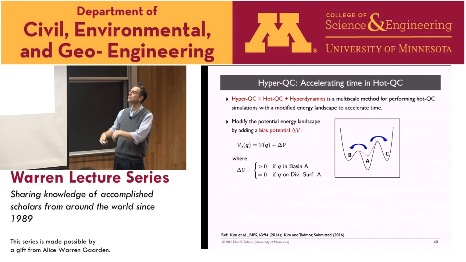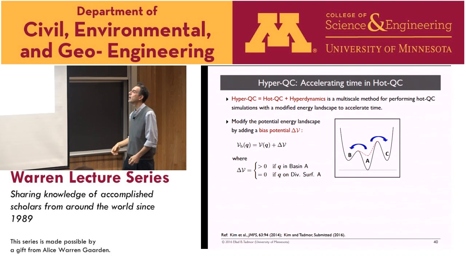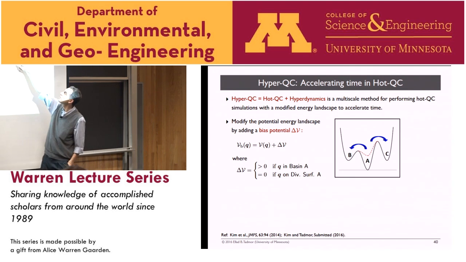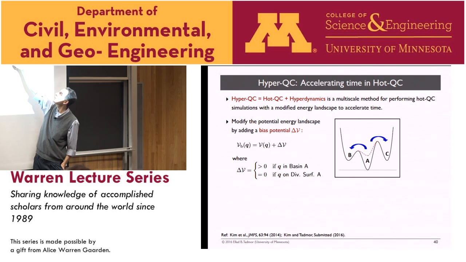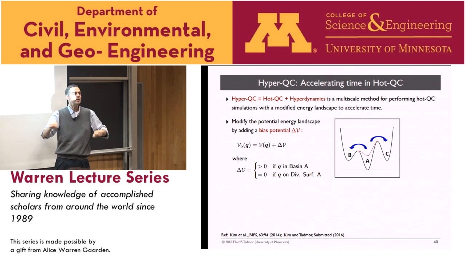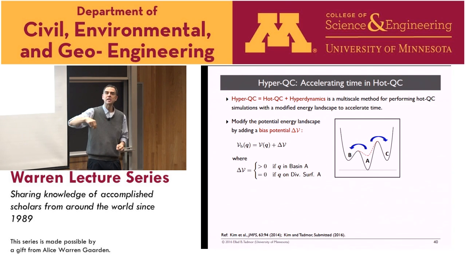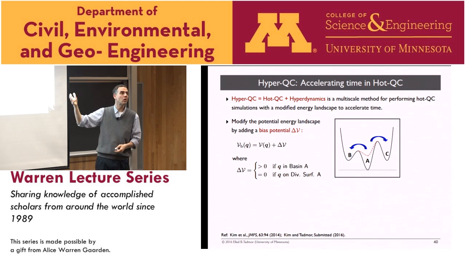And now, of course, you say, well, that's a different material. You've changed your material, so who cares? But what you can prove is that if you bias them in a very special way where you don't change the dividing surfaces, then everything happens faster, but at the same relative rates. So the state-to-state dynamics will be the same. You'll visit the sequence of states with the same probability in the accelerated code as you would in the original code.